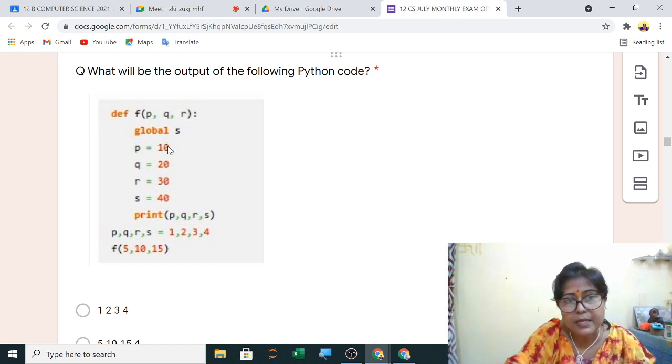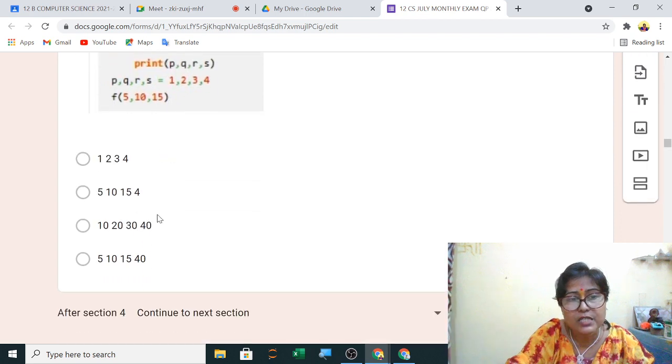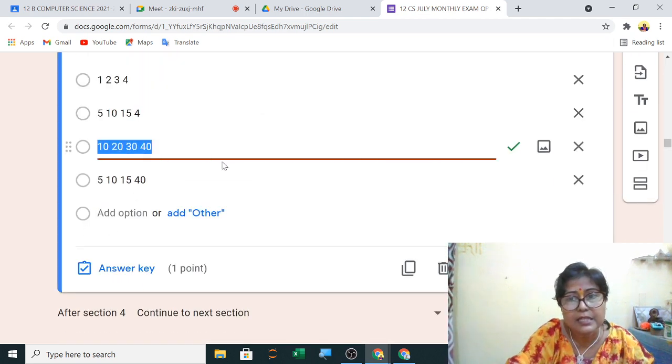Now P is becoming 10, Q 20 and R 30 and it is printing inside this F. So obviously it will print all the local values except S, which is global. So the value of S only it will take from outside, the rest all the values are changing. Global S you are changing here to 40. So it will be 10, 20, 30, 40. So this C will be the correct answer. Correct.